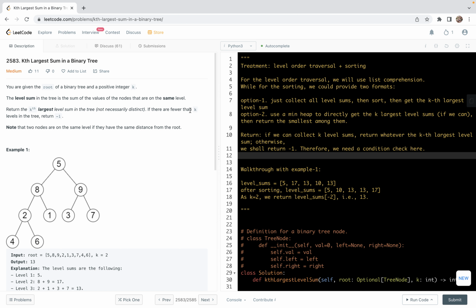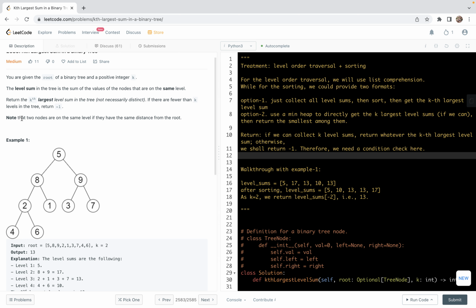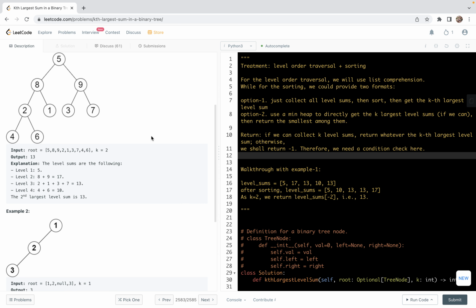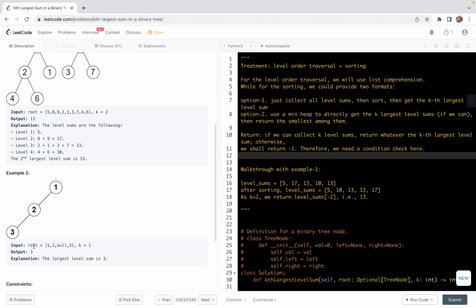We are given the root of a binary tree and a positive integer k. The level sum in the tree is the sum of the values of the nodes that are in the same level. So we are required to return the kth largest level sum in the tree. If there are fewer than k levels in the tree, we're going to return -1. Here there's a note which says that two nodes are on the same level if they have the same